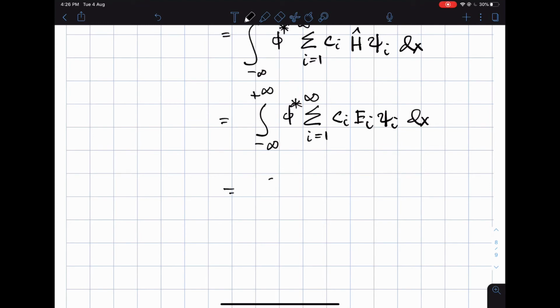If I do that, I can bring the sum outside the integral, and I have Ci Ei. These are all constants. They don't depend on x, so I can bring them outside the integral. And inside the integral, I have